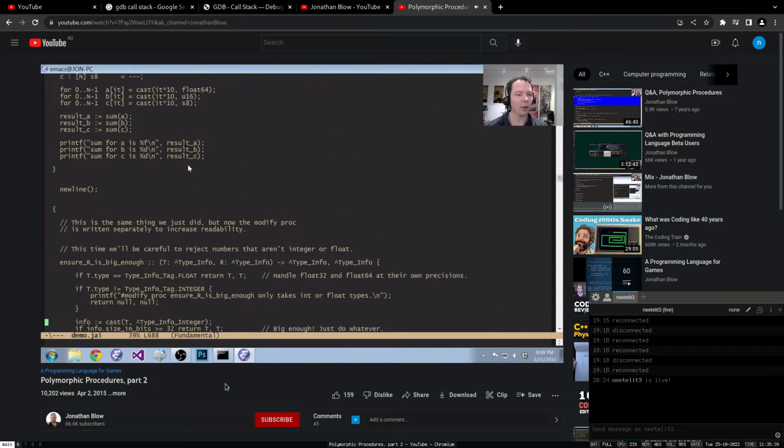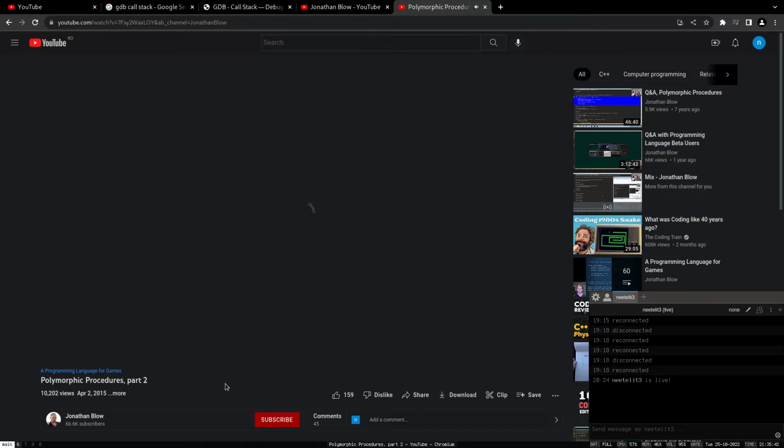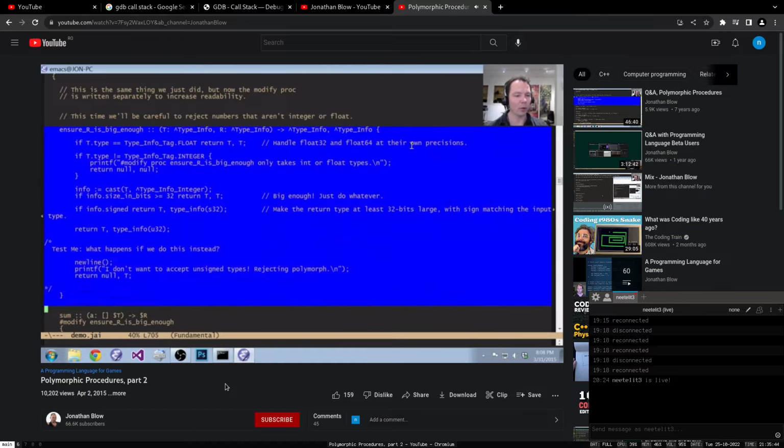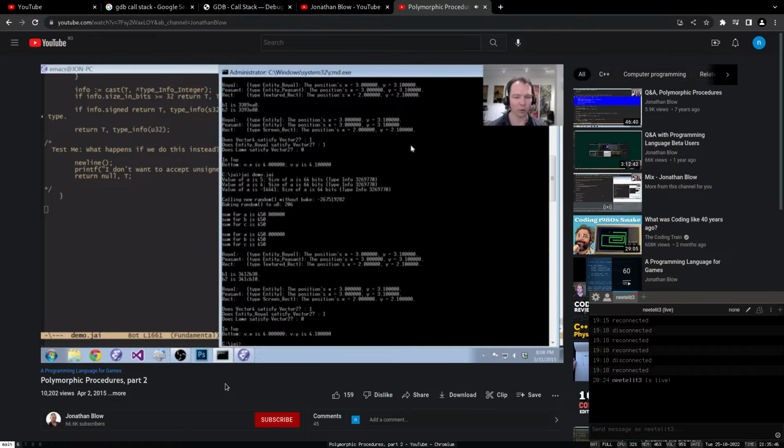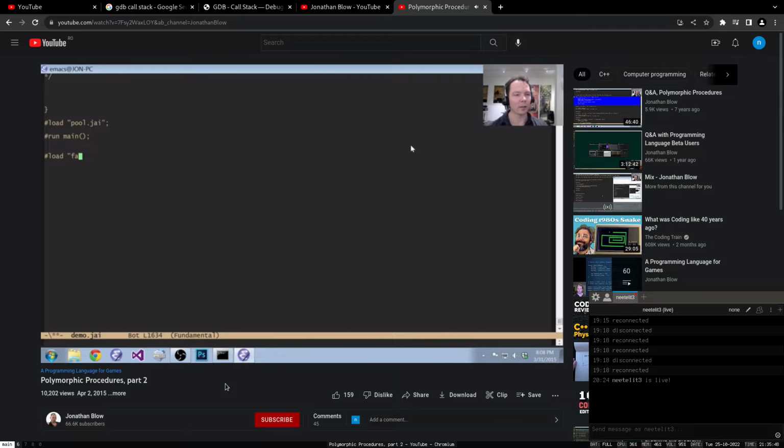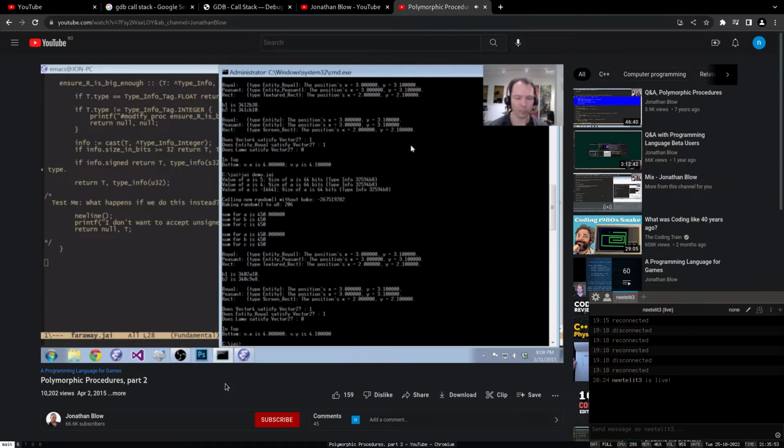So now, just again to prove that that works no matter what, let's put ensure r is big enough at the end of the file, and it still works, right? Let's put it into some file called far away, and it still works. So again,